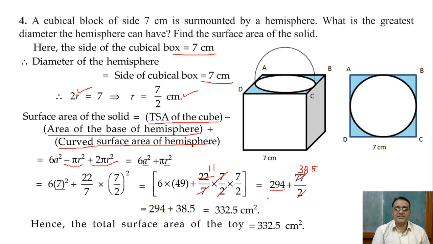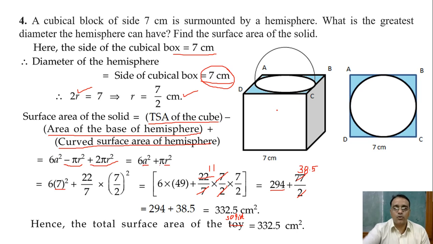Hence the total surface area of the solid, not toy, this is not a toy, नहीं दिया हुआ, solid. Total surface area of the solid is equal to 332.5 centimeter square, and the greatest diameter is equal to 7 centimeter. Any doubt in this question? No, sir. ठीक है, अभी फिफ्थ क्वेश्चन भी बिल्कुल सिमिलर है, ध्यान से देखो।